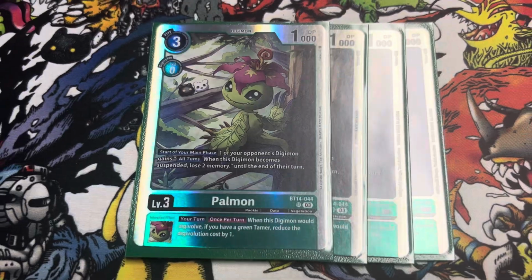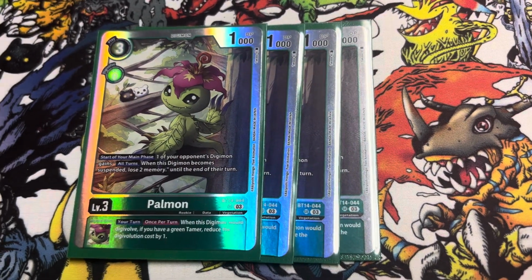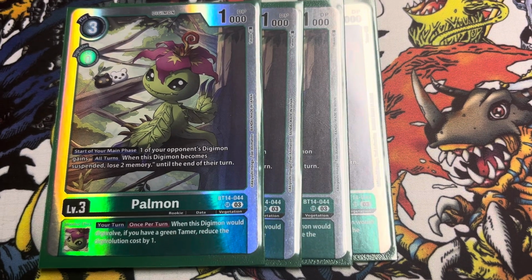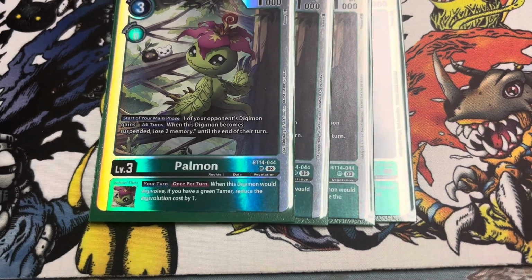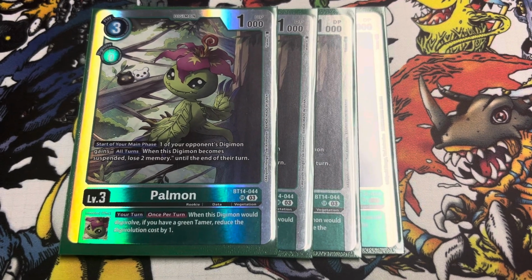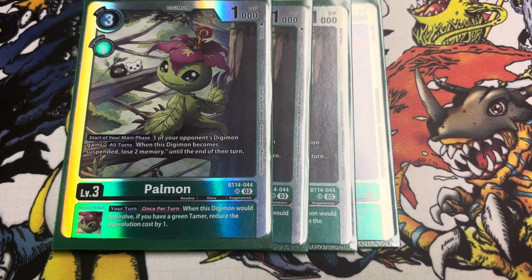4 copies of my Palmon here. The SR, I really love this card. It's probably one of my favorite green generics. I'm thinking about making Leopardmon at some point with this as well. I have a couple extra. I need to pick up Leopardmon and Leopardmon X's, but